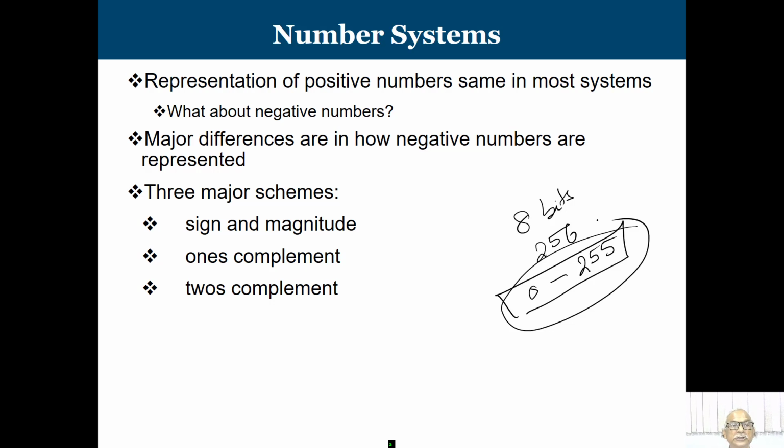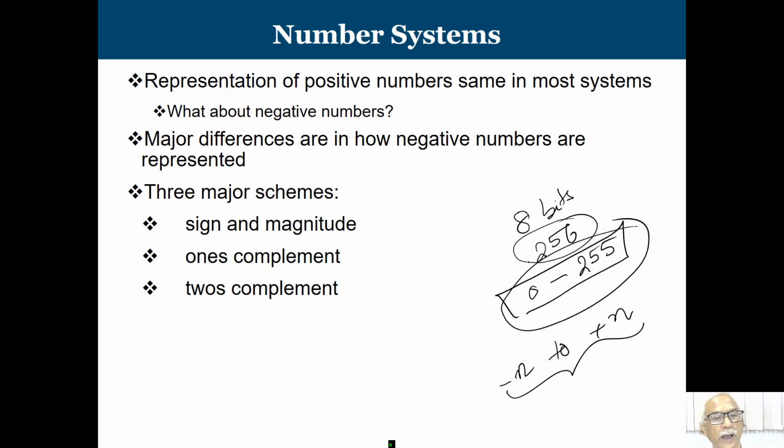But when we talk about integers, when we come to negative numbers, then these 256 symbols have to be used to represent positive numbers as well as negative numbers. So I still have 256, but the range on the positive side will decrease, while on the negative side it will increase. That means we may represent from some minus n to plus n. We cannot go up to 255 because some of the bit patterns have to be given to represent negative numbers. Now, how are we going to represent negative numbers?